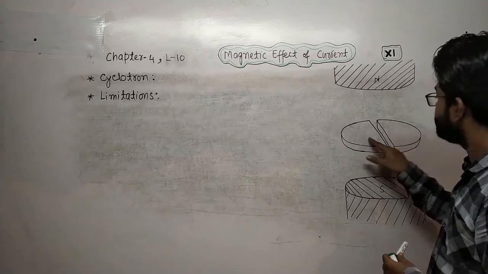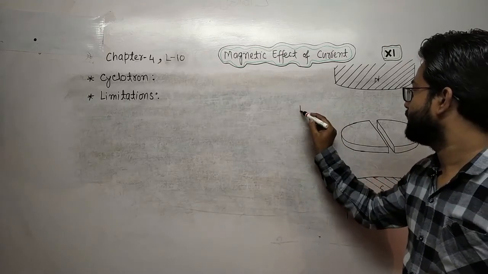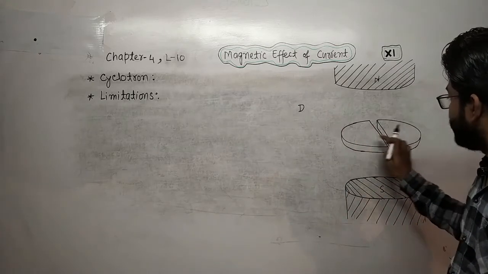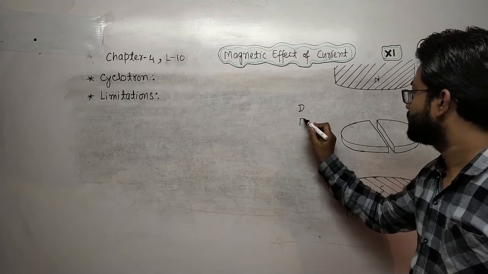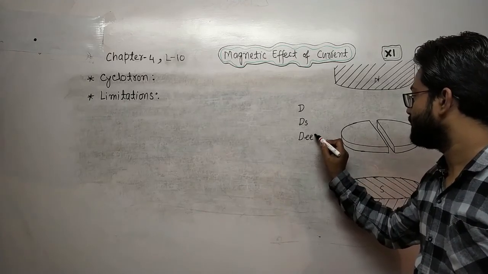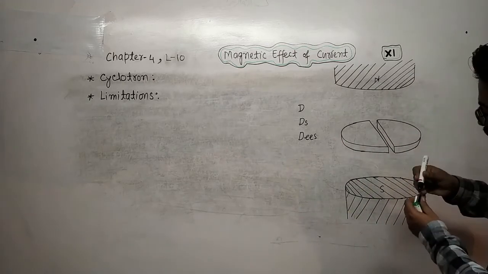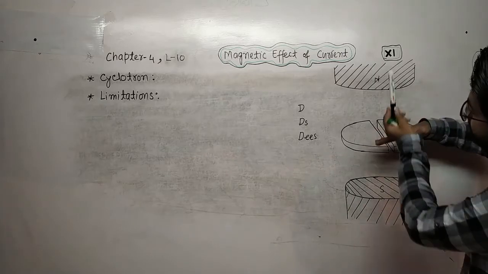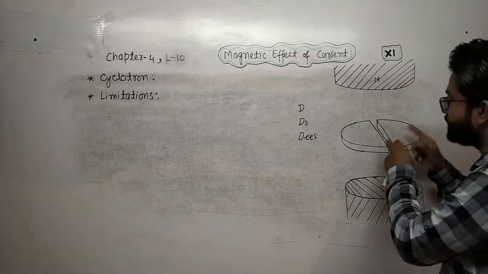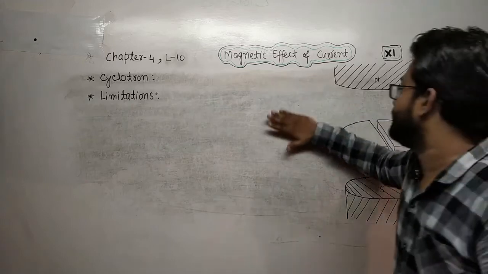These two shapes are like the letter D. That's why collectively they are called Ds or dees. These two Ds are placed perpendicular to the magnetic field. If the magnetic field is downward, the disk is placed like that. The disk is broken into two parts in the shape of D.